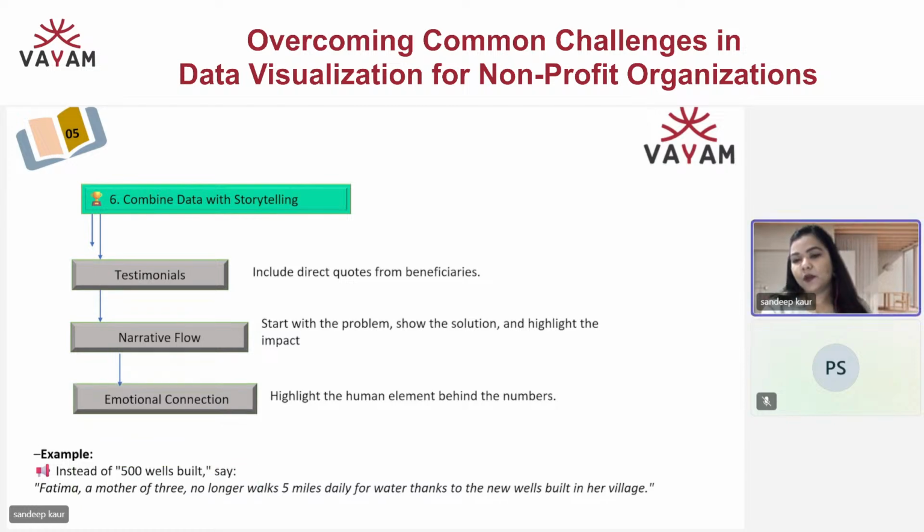Emotional connection. So wherever we're working upon any issues which are aligned to the social drawbacks, social gaps, it is always somewhere aligned to our emotional and social needs. Try and connect with that in terms of the numbers. It will always help you. In fact, we always work in organizations on the numbers, but we somewhere lack in presenting and showing those numbers back to the society. This is where we were standing. This is what impact we have brought. So play with that. Definitely it's going to bring a huge difference in your working.